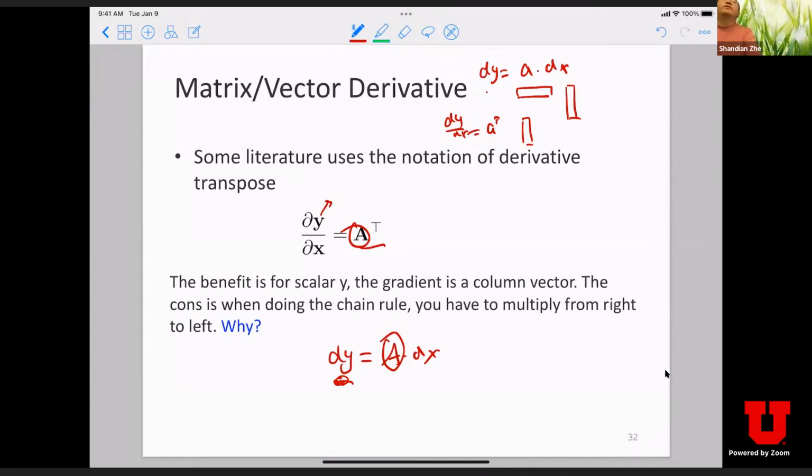So far, so good. Any question? Is anyone feeling uncomfortable? I'm just making a slightly more general definition about derivative and gradient. Just let me know if you feel anything uncomfortable. Okay.